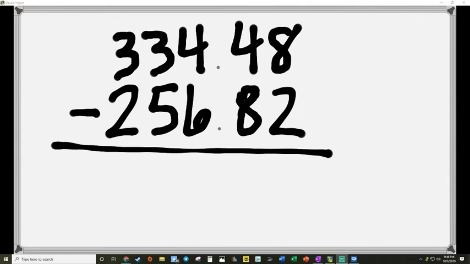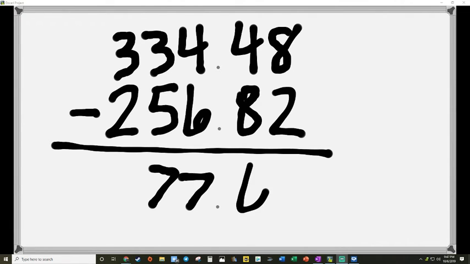Okay, so we just got to figure out what the difference is, or how much less the monthly payments are. Okay, so if you throw these two numbers into a calculator, we are left with $77.66. All right, so that is the difference between a 15-year mortgage monthly payment and a 30-year mortgage monthly payment for $35,000: